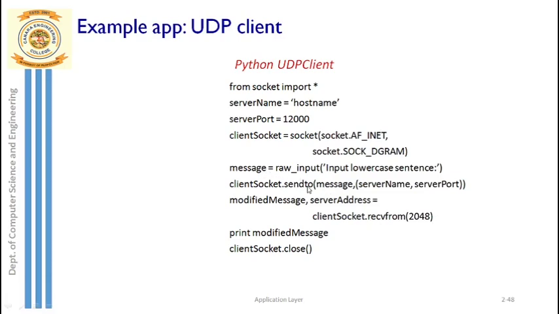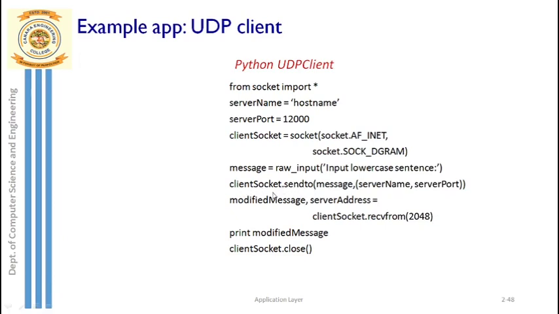And remember, when you are sending the input message, don't forget to write the destination address, or the to address. So what is the destination address here? It should have two pieces of information. One is the server name. If you know the IP address, you can include it here directly. The other is the destination, that is the server's port address. So 12,000 is the port address and this is actually the host name. You should include both here along with the actual message. So you are ready now to send a message? Yes. The moment you do this, your message will be sent.